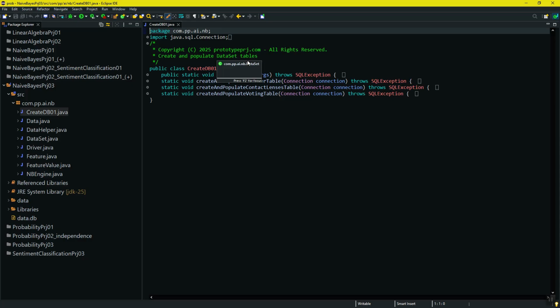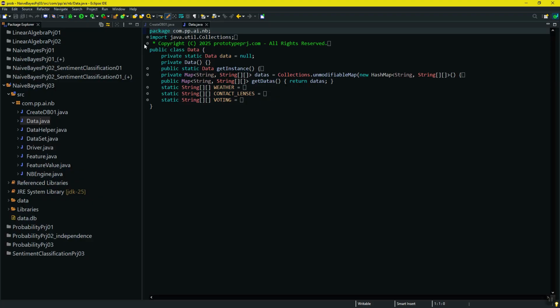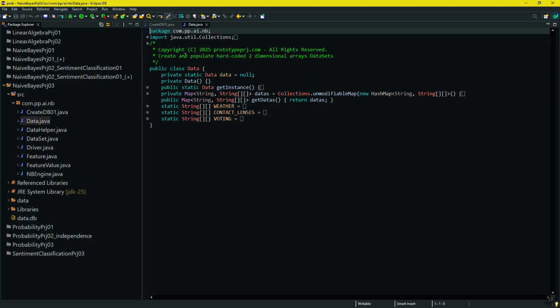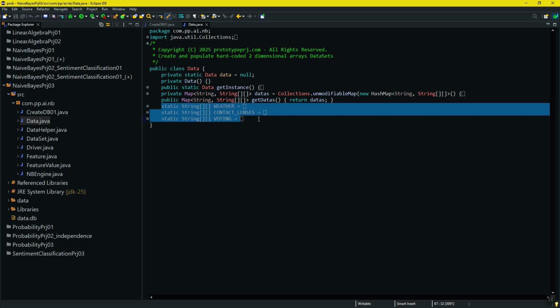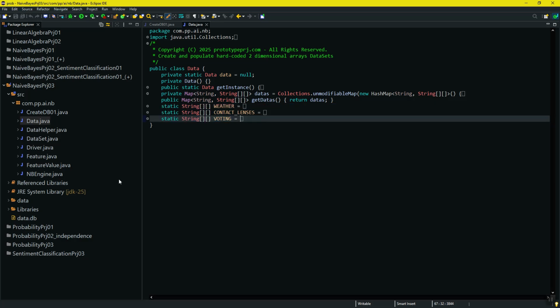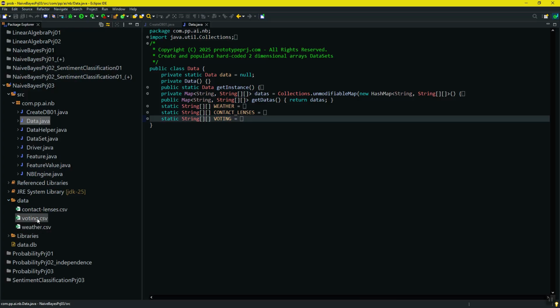So it has to do with data coming from the database, and this class creates and populates hard-coded two-dimensional arrays. So it has to do with hard-coded data, and for data coming from files,